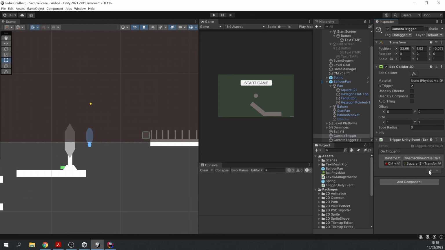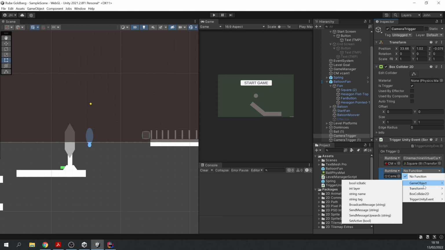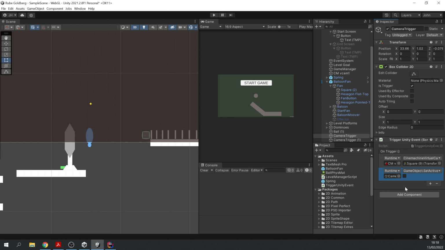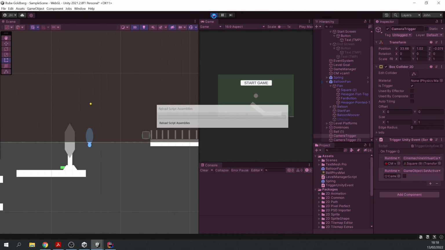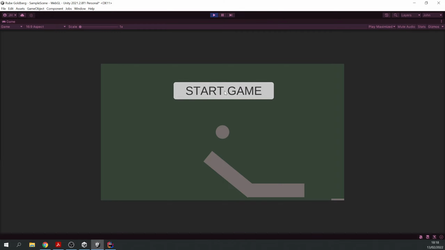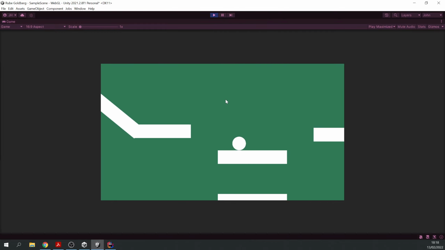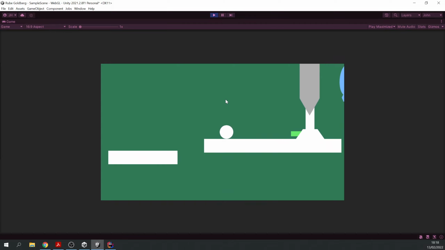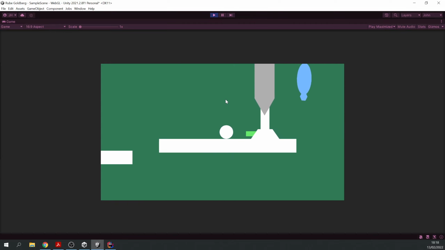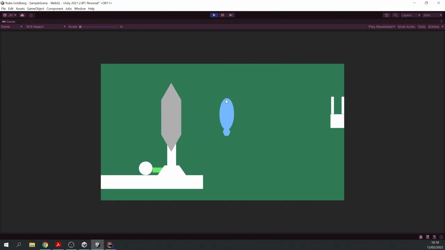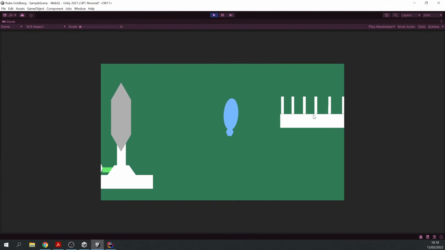So all we're going to do here, just to stop that camera issue happening where it jumped back to the middle position, we can just, within this object, once it's basically changed the camera, disable itself and set active to false. Basically all we're doing there is saying, once you've changed the camera target, don't let anything else change it back, because what was happening there is I think the balloon had probably hit off that trigger volume again,